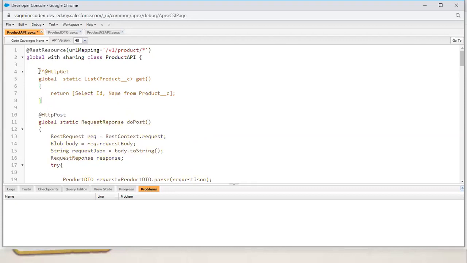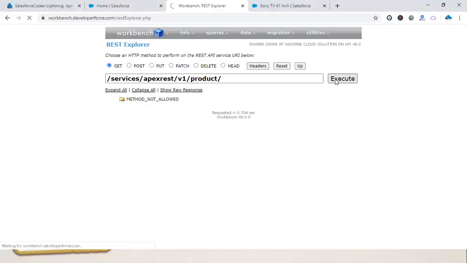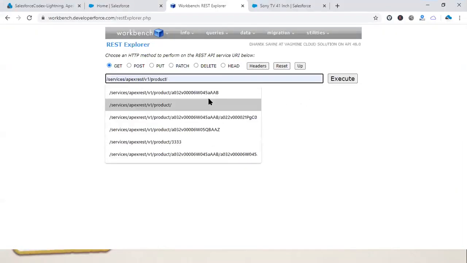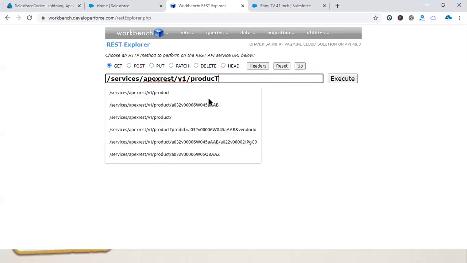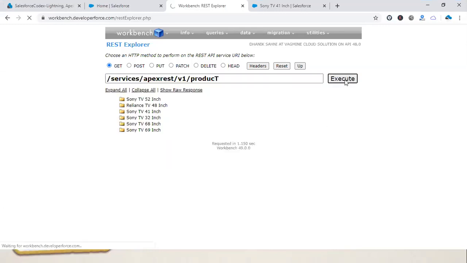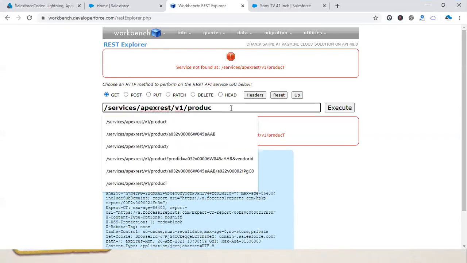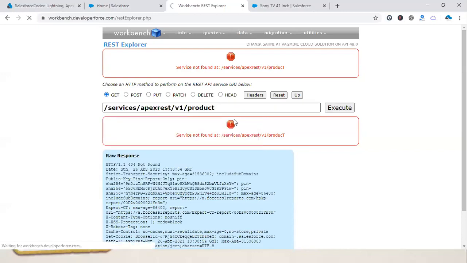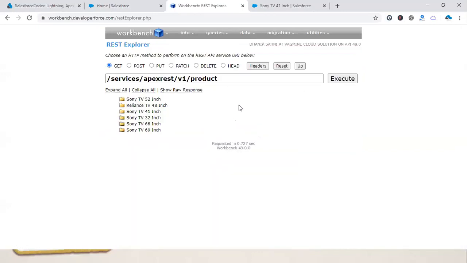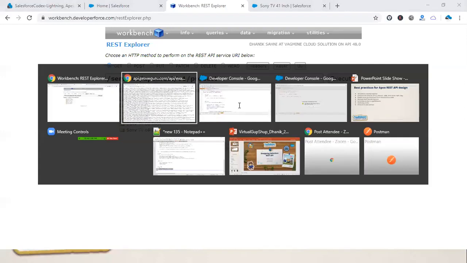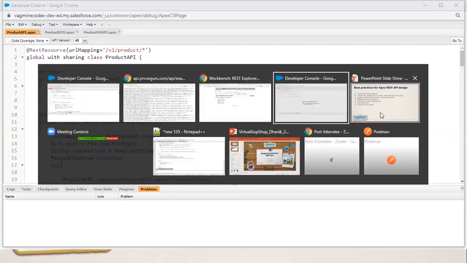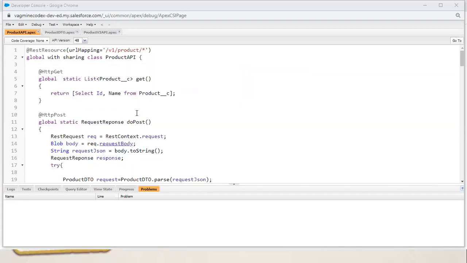I have deleted that method, that's why it's not responding. Now it should return all the data, but what if I put a capital P here for product, or a capital T here? It's not responding with the data. So it is case sensitive. While designing or creating, you should take care of this as well.